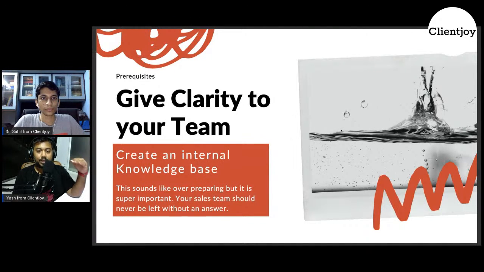They should know each and every interaction that you are having with potential customers or potential leads, and what are the things that you have learned. And you can ask all of those salespeople to contribute to that knowledge base, and that's how over a period of time you'll actually build a proper sales playbook. So here are the three key requisites. One is giving clarity. Another is to have assets in place. And third is to have processes in place.